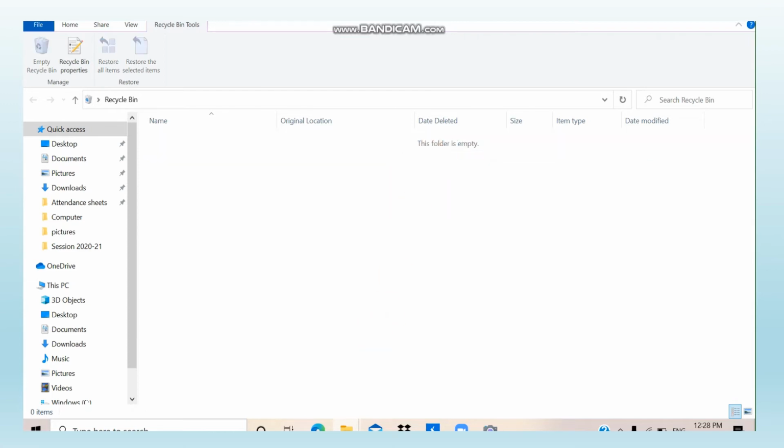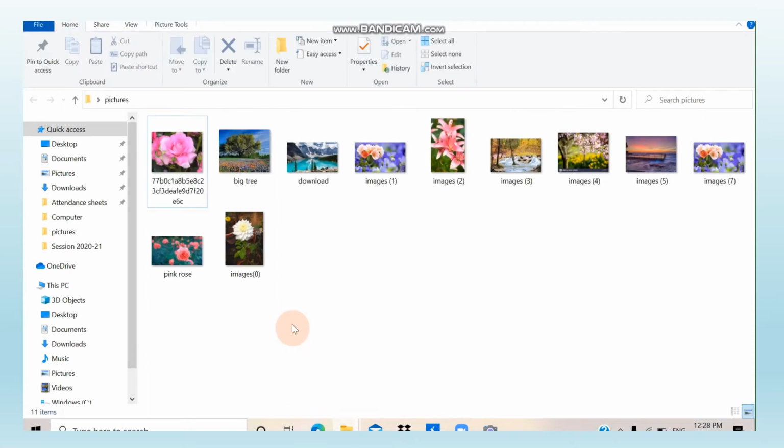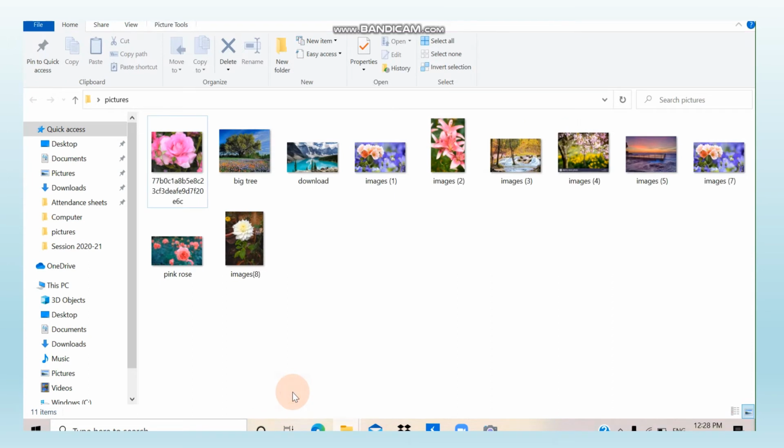What will happen? It has gone to its original location. You can see these both pictures have come back. So it has been deleted from the recycle bin and it is now again present here. I hope, children, you have understood how you can delete the files and folders or how you can restore them.